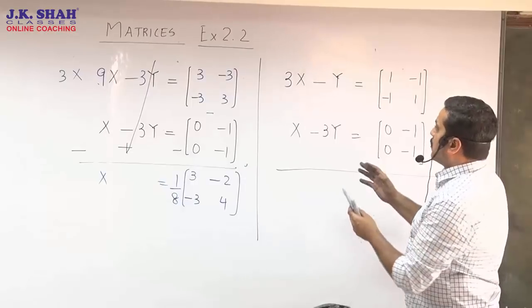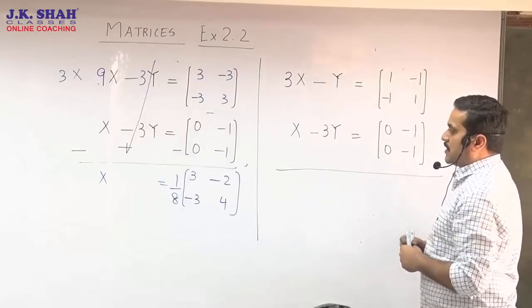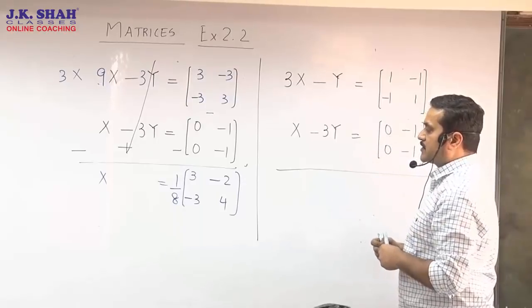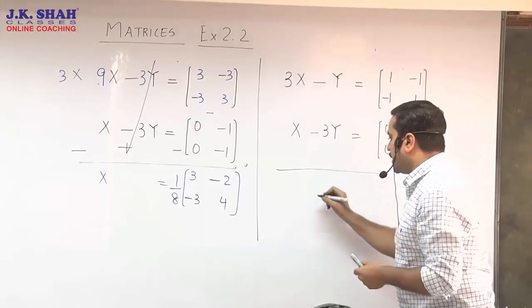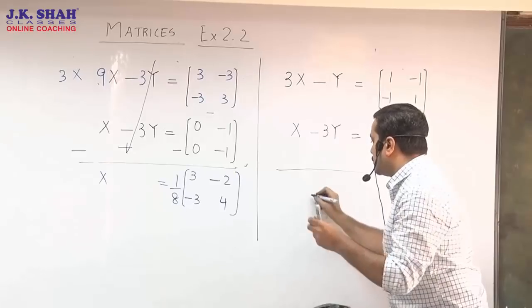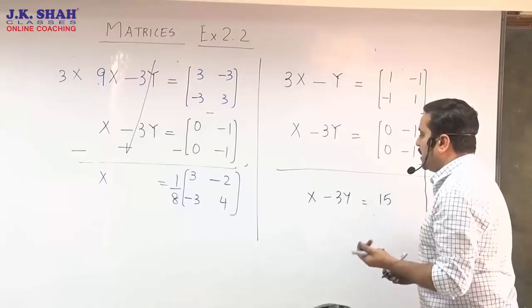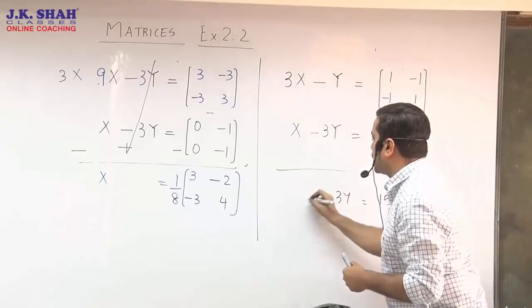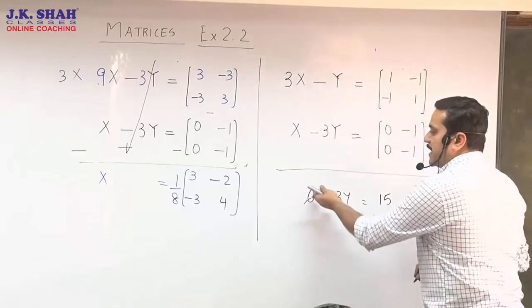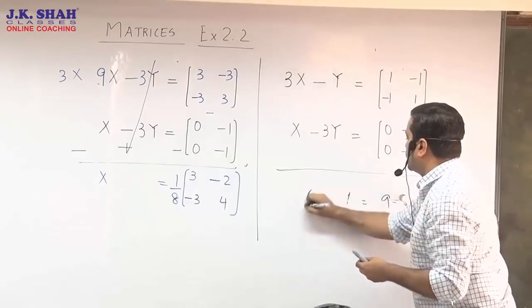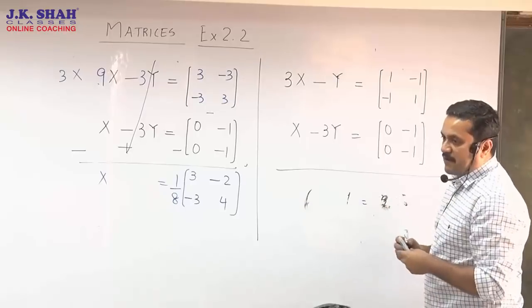Now once again I have copied my two main equations over here, and we need to solve for y similarly to the way we solved for x. I just want to make my point very clear about what I said earlier. In school time, let us say I had my equation x minus 3y equals 15 and I had got my x as 6. I would put my x value over here, shift 6 to the other side, get 9, divide by 3, and I would have put in my y value.